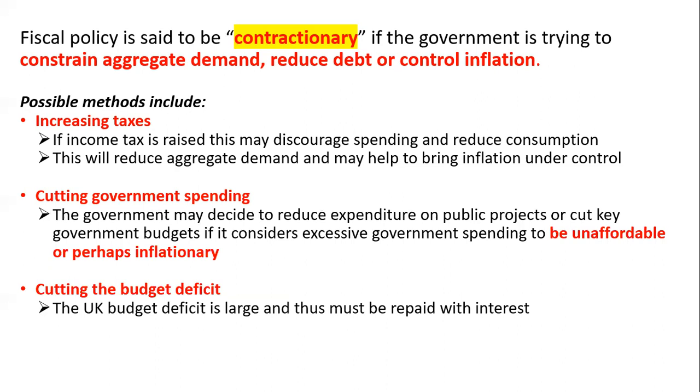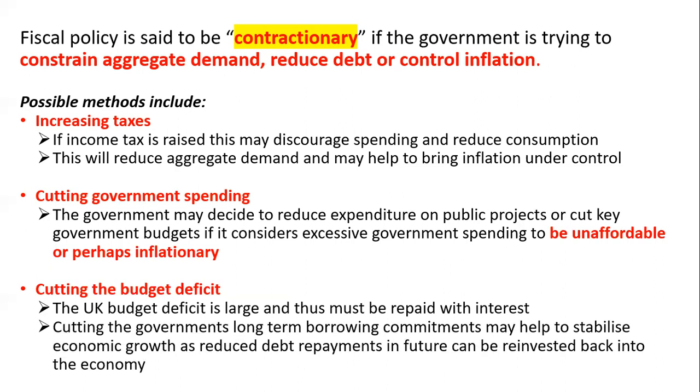The UK budget deficit is large and thus must be repaid with interest. So governments, when they're preparing the budget, will always have to factor in that they will have to meet repayments to any type of previous borrowing. And those repayments must be catered for first before you can start distributing that government spending out across other key